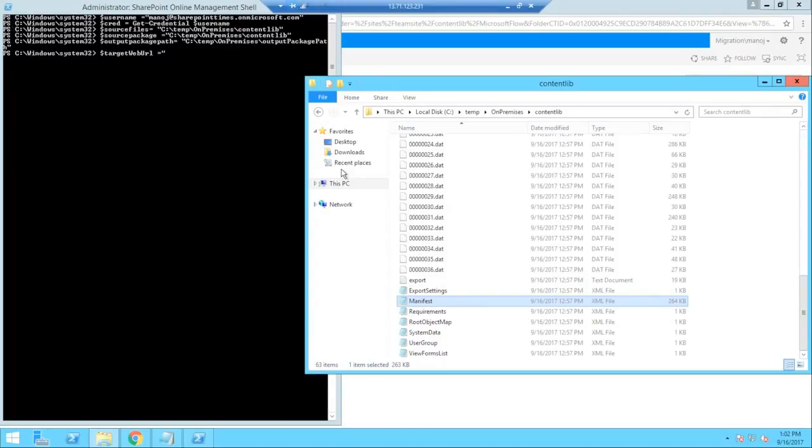So is it looking for any specific file name inside the folder? No, it's not looking for any file. Why it's required is for our processing, because once we have the DAT and the XML files, the script will take this folder as a base and convert it into the required format.